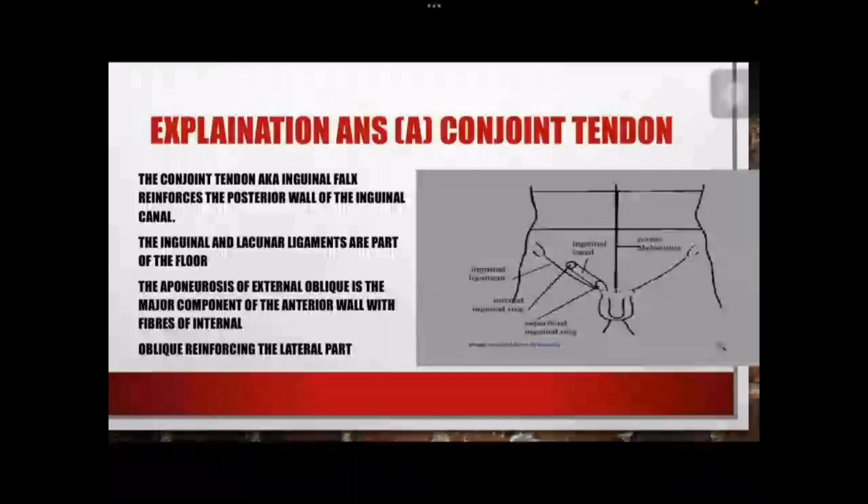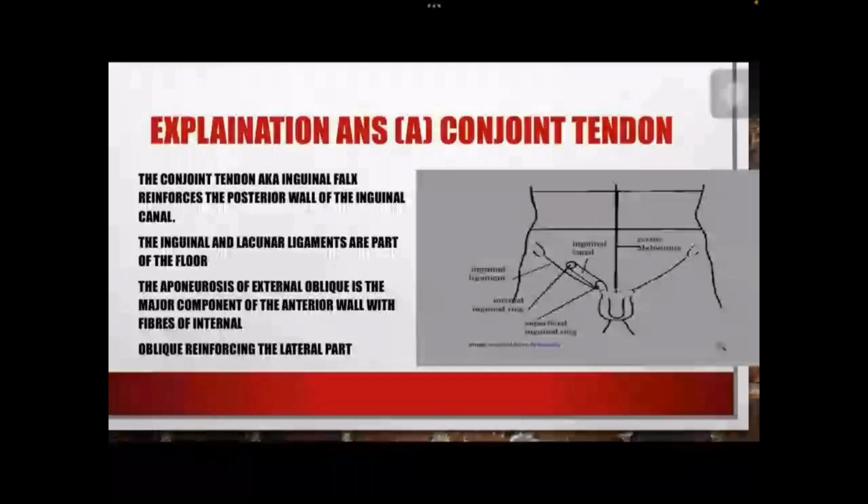Okay, so the next question is: which of the following is the innermost layer of the testes? Options are A. Cremasteric fascia, B. Tunica vasculosa, C. Tunica albuginea, D. Tunica vaginalis visceral, and E. Tunica vaginalis parietal. Tunica vasculosa is the innermost. Yes, tunica vasculosa is the innermost.